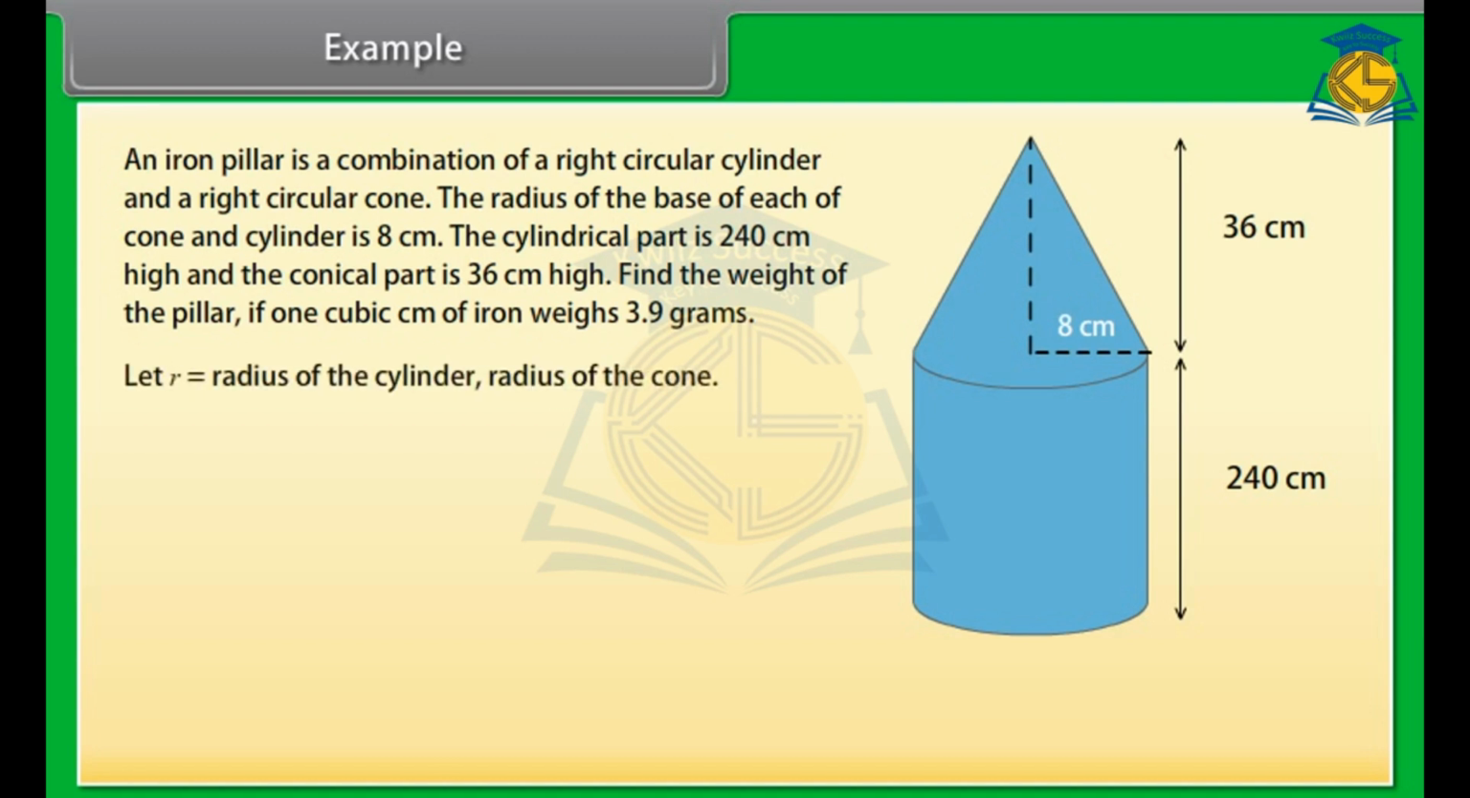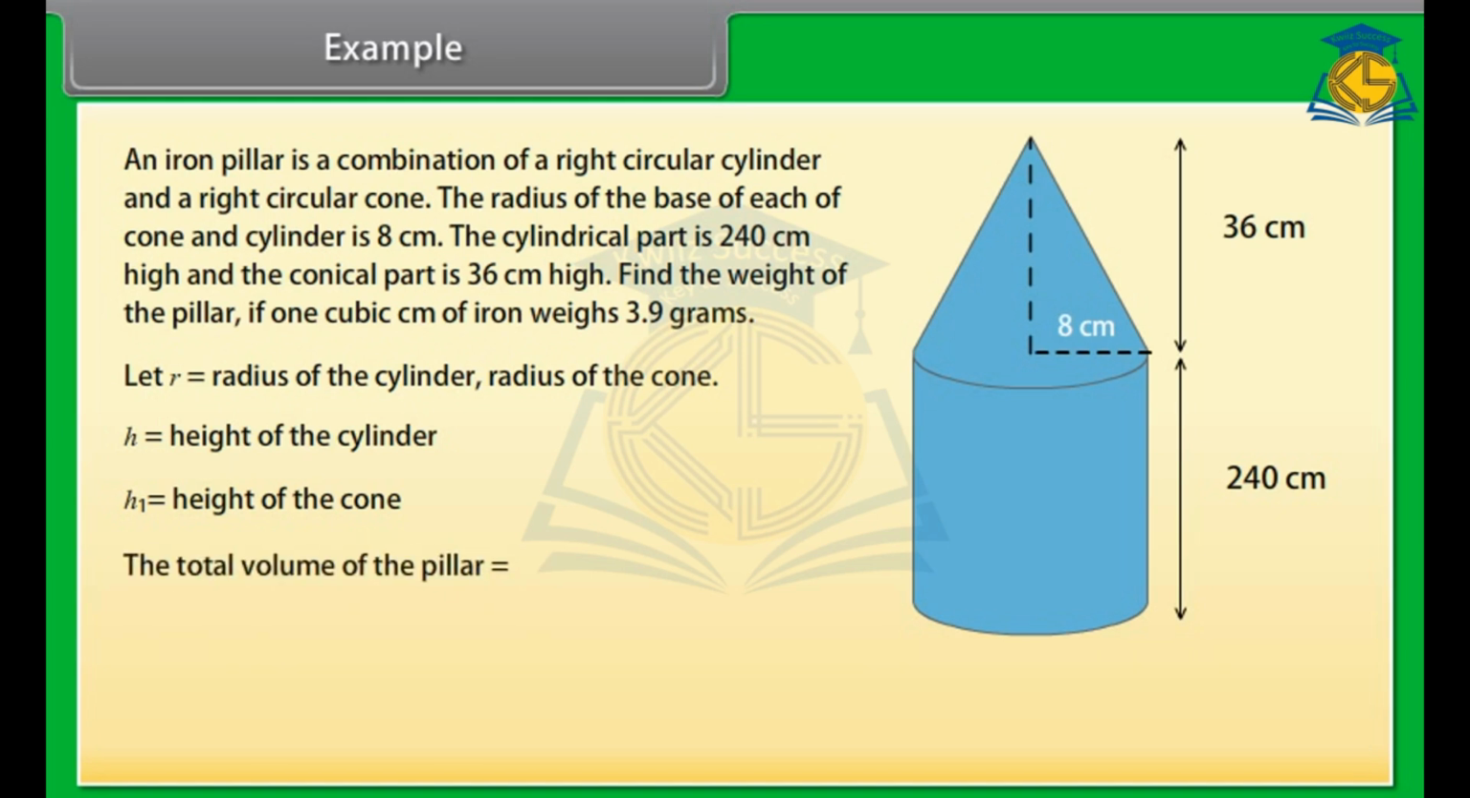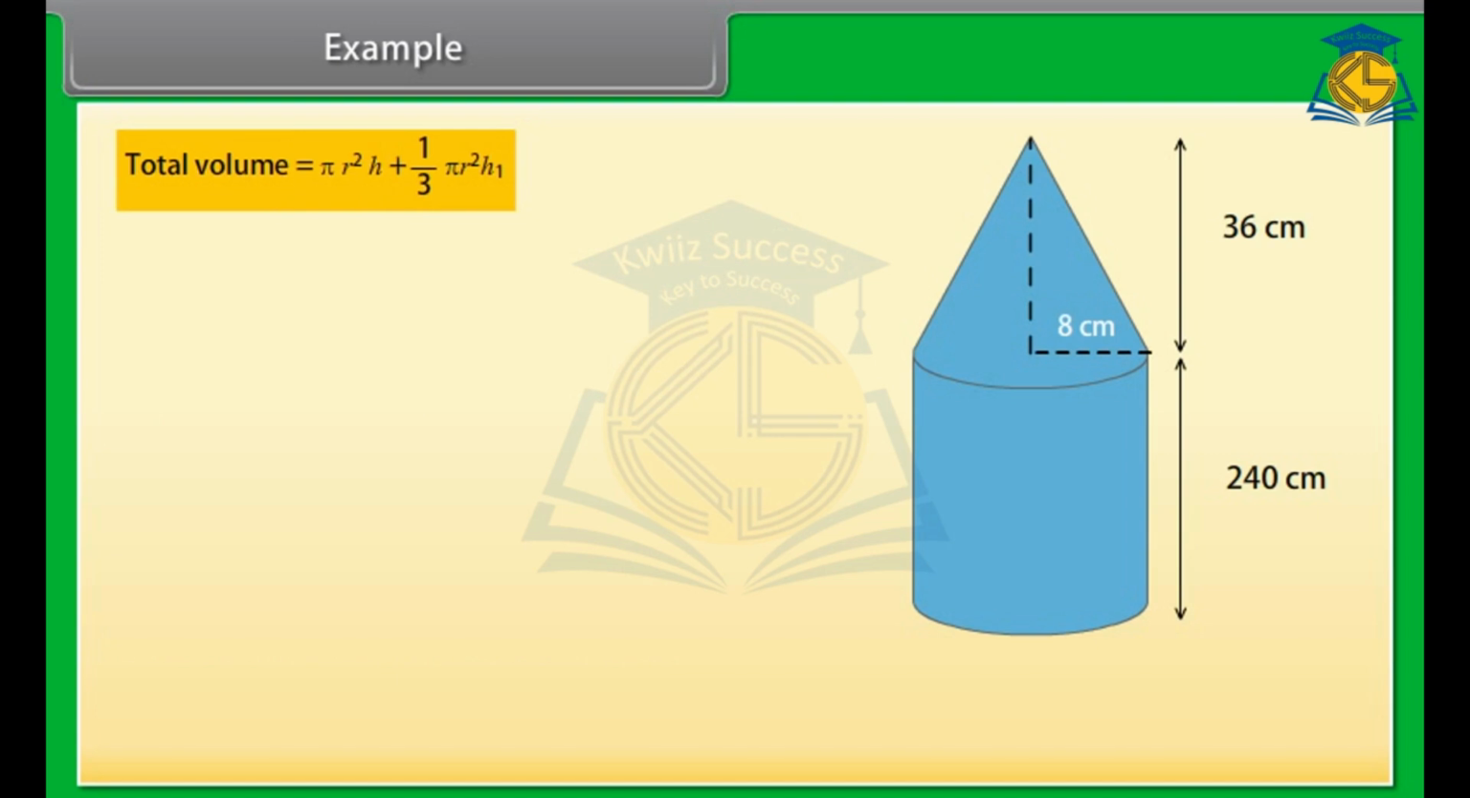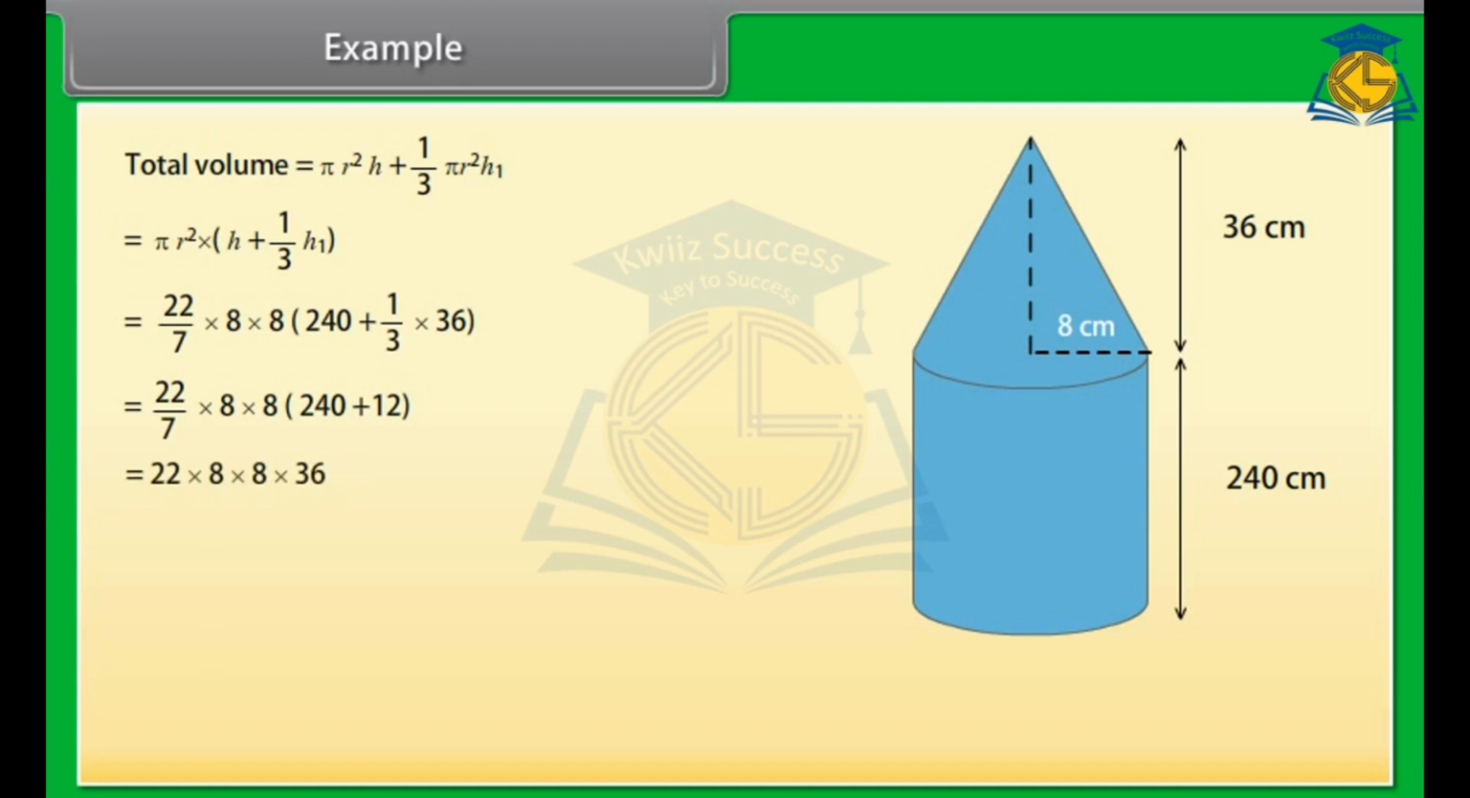Solution. Let R is equal to radius of the cylinder, radius of the cone. H is equal to height of the cylinder. H1 is equal to height of the cone. We know that the total volume of the pillar is equal to the volume of cylinder plus volume of the cone. Therefore, total volume is equal to pi r square H plus 1 by 3 pi r square H1. This is equal to pi r square into H plus 1 by 3 H1. Solving this, we get total volume is equal to